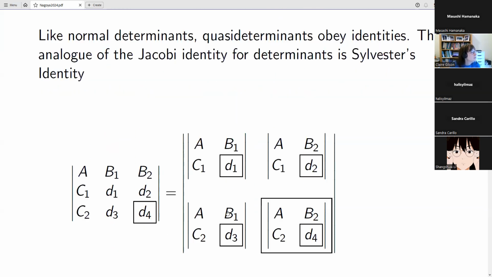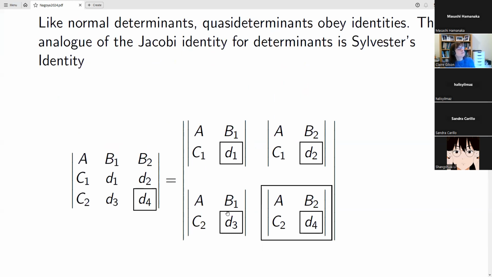So this is the quasi-determinant equivalent. This is usually called Sylvester's identity. And here we've got a quasi-determinant with matrix A, and then 2 extra rows, B1 and B2, and 2 extra columns, C1 and C2. Okay, so then you can rewrite that as the